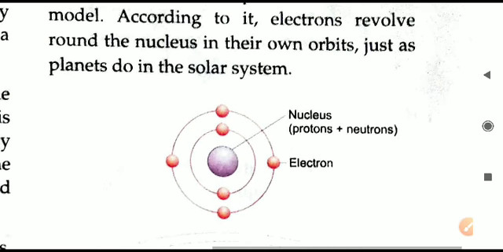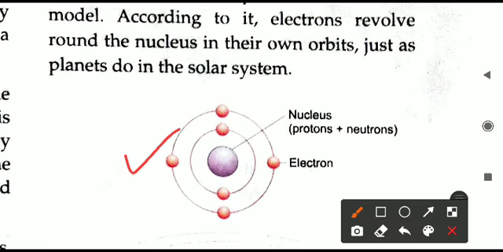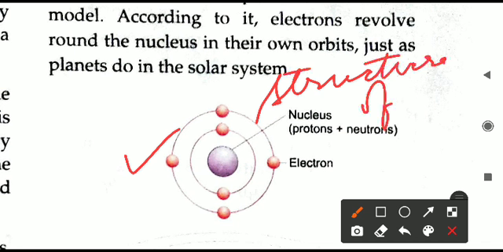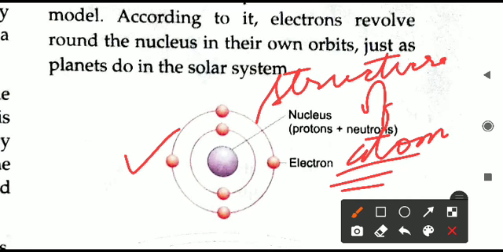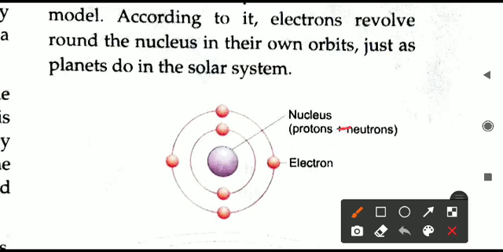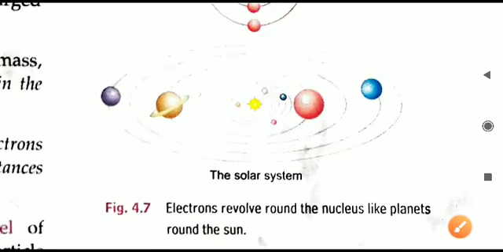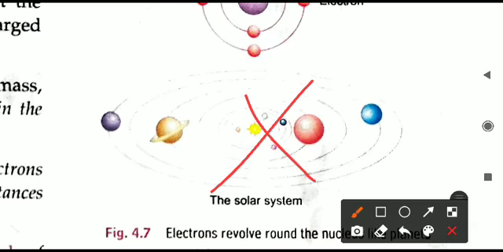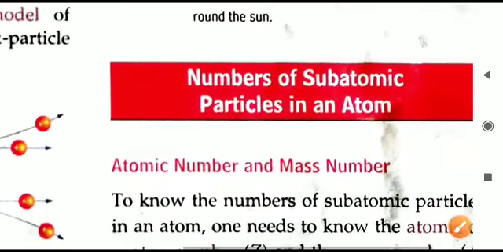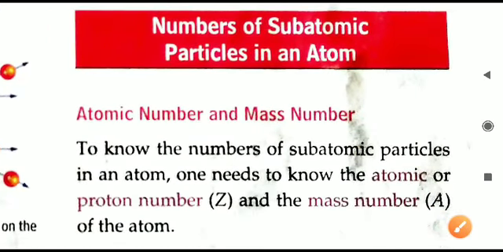So this diagram is also important, that is the structure of the atom. If the diagram is asked, you have to draw this diagram. Take a note of it and draw it in your notebook. Write the heading structure of atom, and learn this labeling also. That's all. This is not needed, no need to draw this. That is the end of Rutherford's experiment, and based on it we have seen the structure of the atom also.